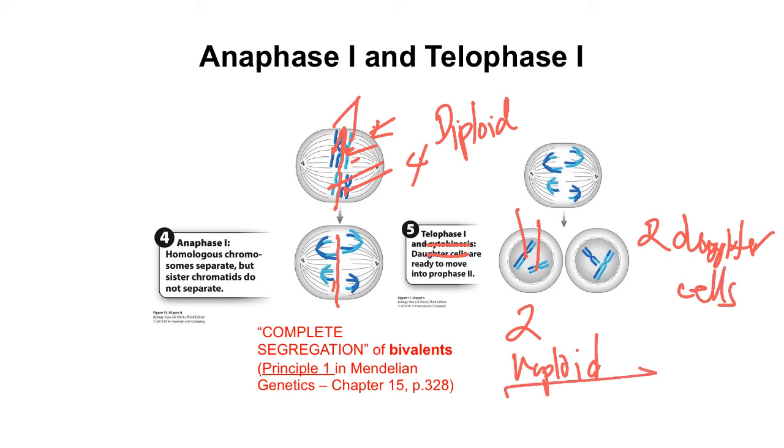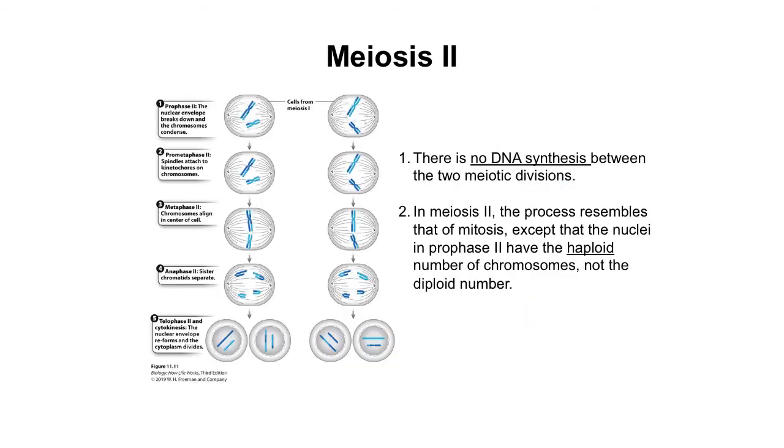So try to review that, very important. This will be evident with the significance it has in Mendelian genetics when you go to chapter 15, because this explains the phenomenon of what we call complete segregation, as principle number 1 in Mendelian genetics. So the next stage in